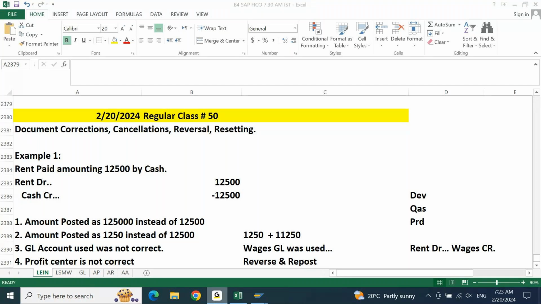And I may have a report wherein I will get all the rent postings that happened. In that report, I put that rent documents should always represent the SA document type. By mistake, a user is posting with AB. Technically, there is no change, except for the document type. But when I'm generating the report, I'm giving my input or filter criteria as SA. Whenever you generate any report, you can filter based on the document type. If I put SA, because one entry is posted with other than SA, now my report is incorrect